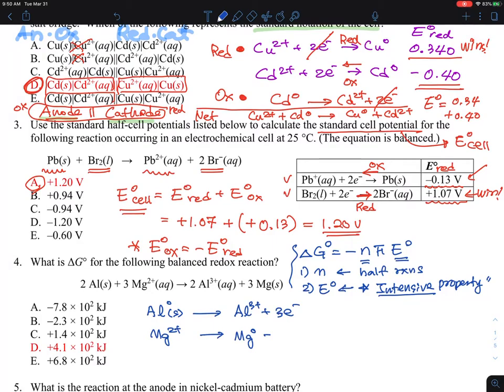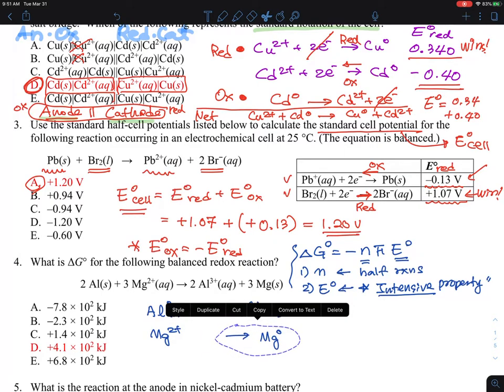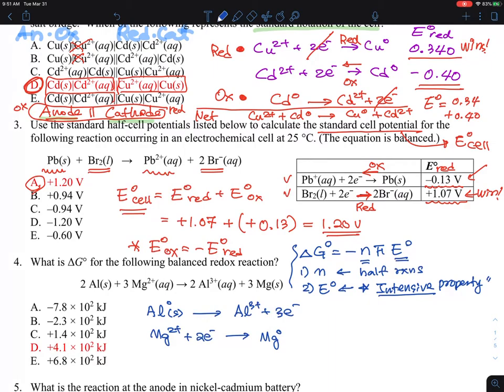So I can write it this way. And then to complete the half-cell reactions, I need to multiply this one by 2 and this one by 3. And so you will end up getting